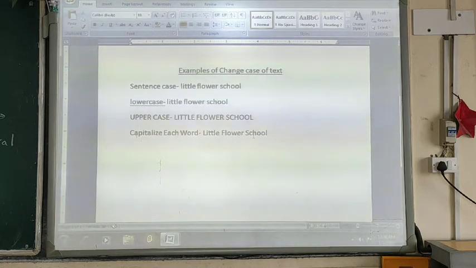Now you can see the first letter of each word is written in the capital letter. Okay, and the next one is toggle case.